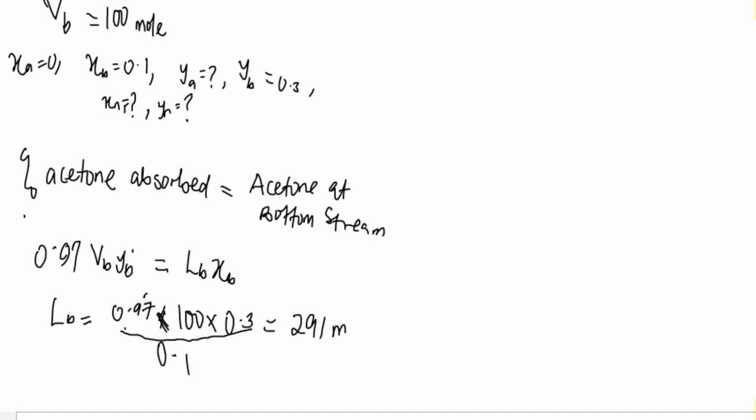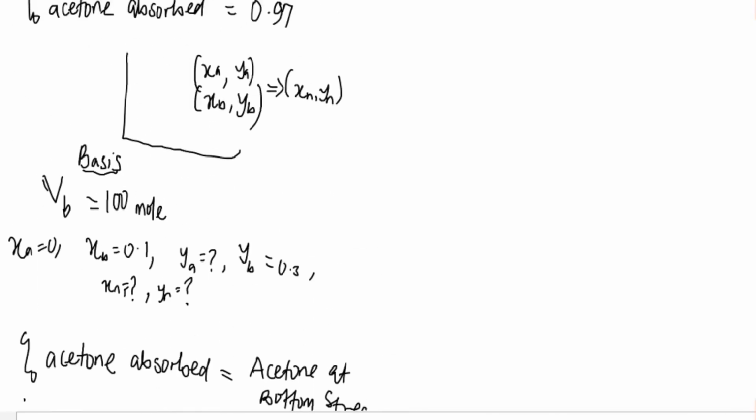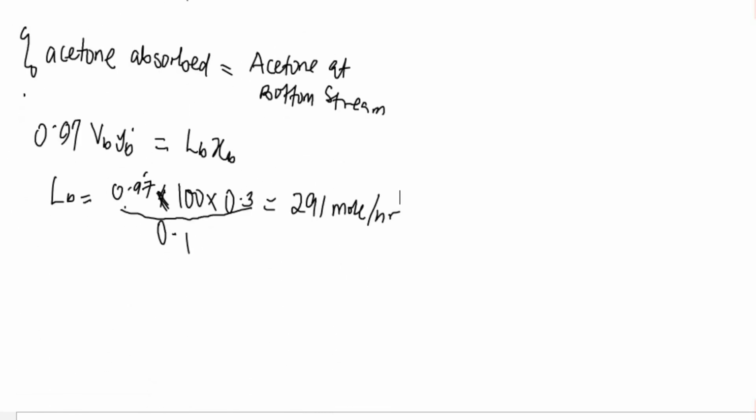So now the value of my LB is 291 mole per hour. Here I will account for acetone unabsorbed. I accounted for LB because I wanted to account for acetone unabsorbed. From acetone unabsorbed, that's where I will find the value of my YA. From the unknowns we defined, see them here, we defined YA, XN and YN. So to find YA, I have to account for LA first, then I will account for percentage acetone unabsorbed. So doing my balance, I will say percentage acetone unabsorbed